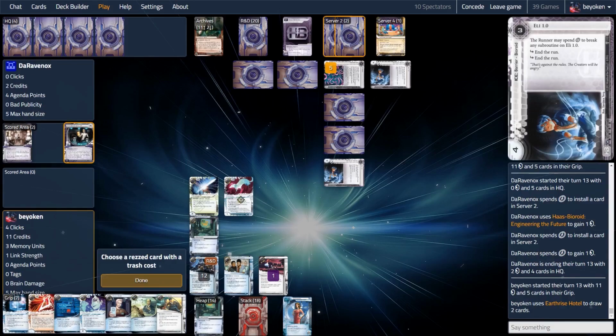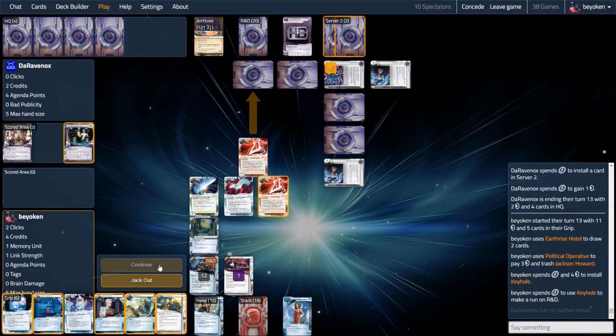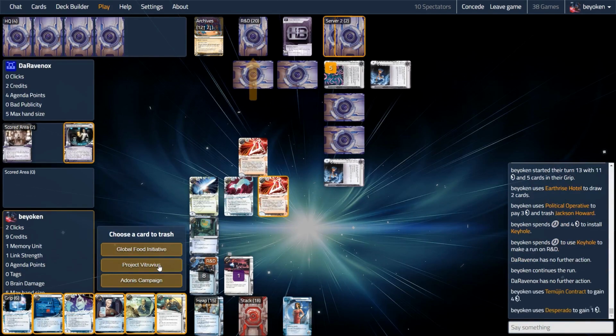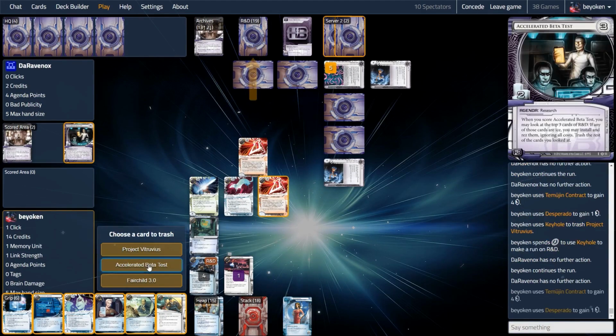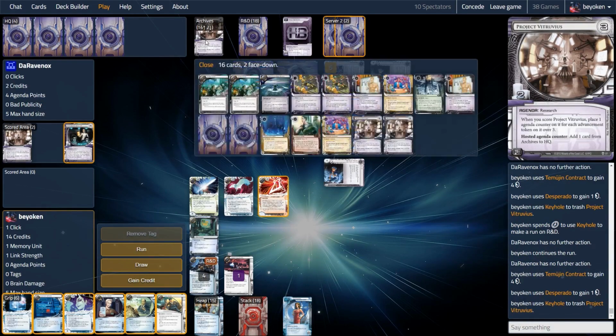So after asking for reactions, well, I didn't really ask for reactions, I paused a bit, trashed the Jackson, and then went in for a keyhole straight up. On 2 credits, my opponent cannot possibly do anything, and I start milling the deck like crazy, seeing 2 agendas both times. I think on the first mill I should have tried to go for a Global Food instead of a 3-2 agenda,